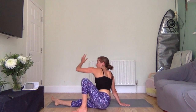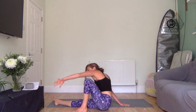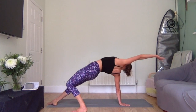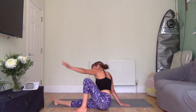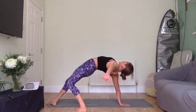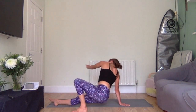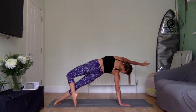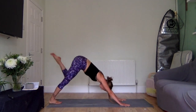Again, we're going to exhale, glutes down to the ground. Inhale, sweeping up, opening and arcing. Twice more, exhale down. Inhale up. This is really strong, so don't worry if this is too much for you. Last time, exhale down. This time as we inhale up, lifting that foot, coming back to a three-legged dog, foot